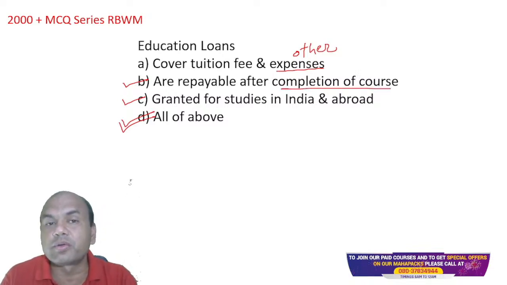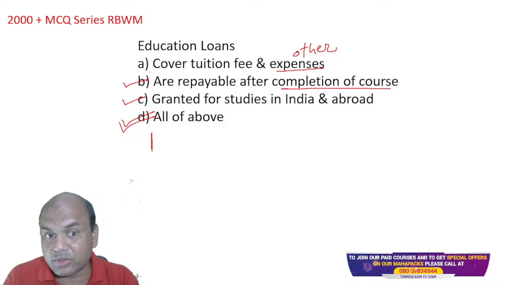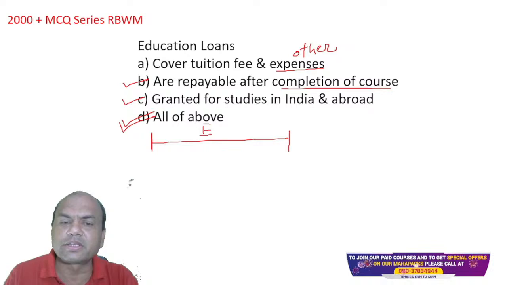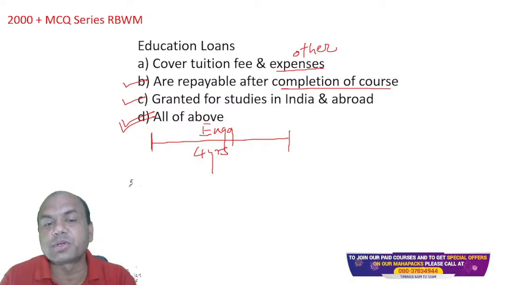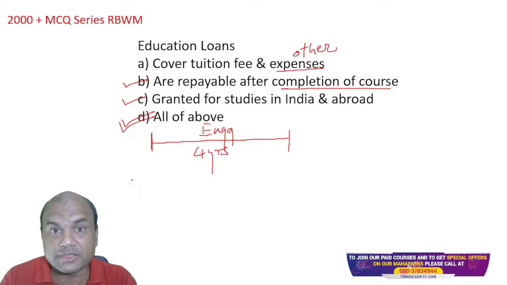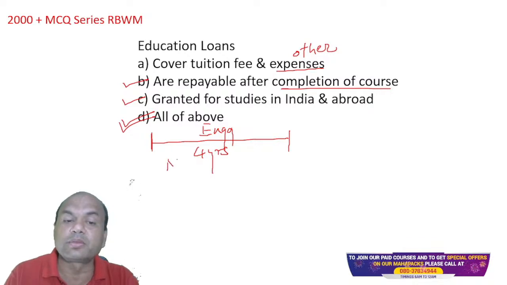See here, education loan, how is it given? Suppose I give that education loan today. So this guy or girl, it's not gender biased, will be requiring at least, let's say that person is doing engineering, around 4 years. Up to 4 years, this student won't be able to pay any interest or any EMI. This is known as the moratorium period. In this moratorium period, the student is allowed not to pay any interest or principal.